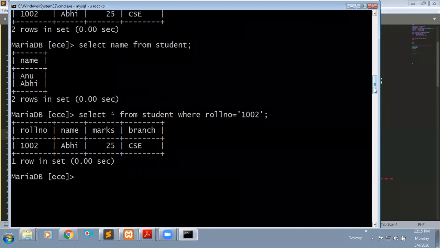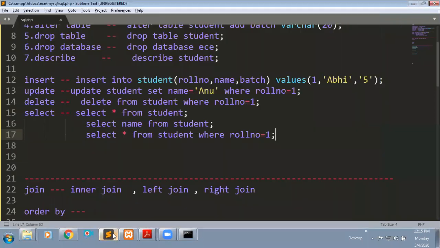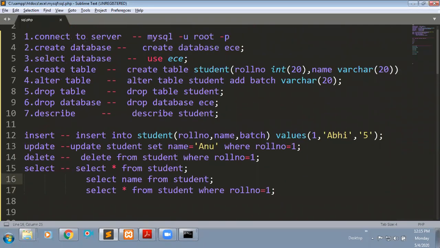These are the operations which we can perform on a table. You can insert some data into a table. You can update some data, or if you don't want that one row, you can delete that row by using a delete query. If you want to retrieve the data from the table, you can go for the select statement. If you want total data, you mention star. If you want only one column, you can directly go for this statement. In this way you can perform operations on a database.